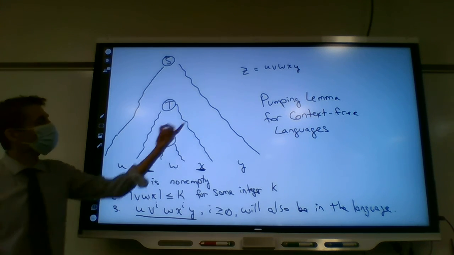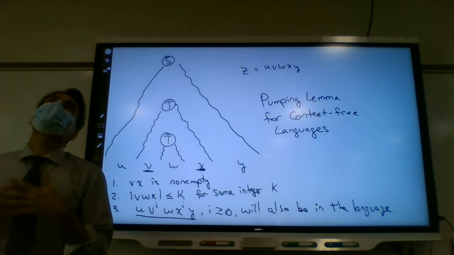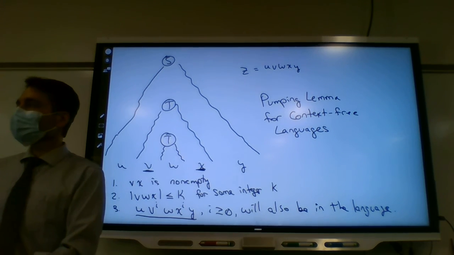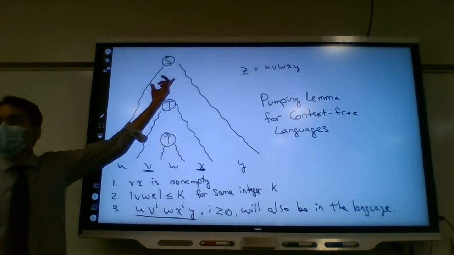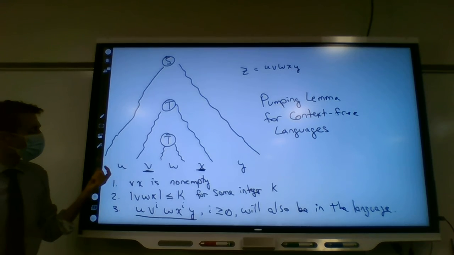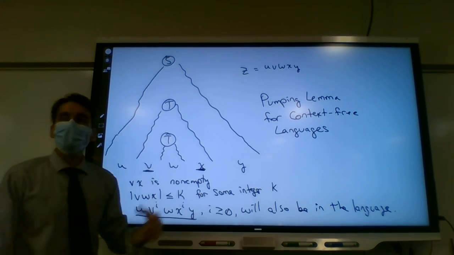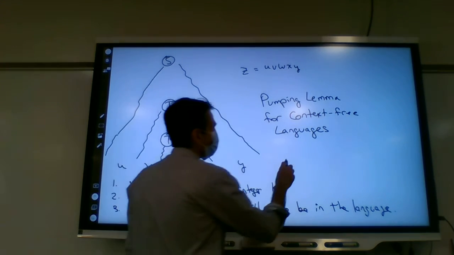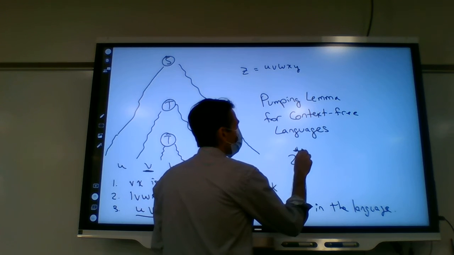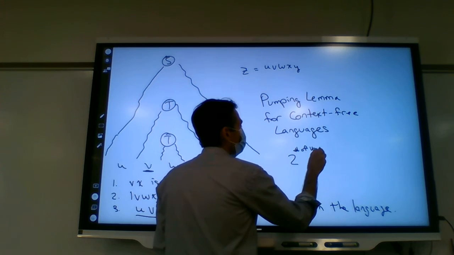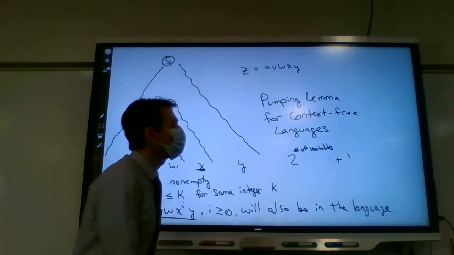And so how long is long enough? Well, this comes back to putting things in Chomsky normal form. In Chomsky normal form, you will have this binary tree. And it turns out that long enough is something like 2 to the number of variables in Chomsky normal form plus 1.